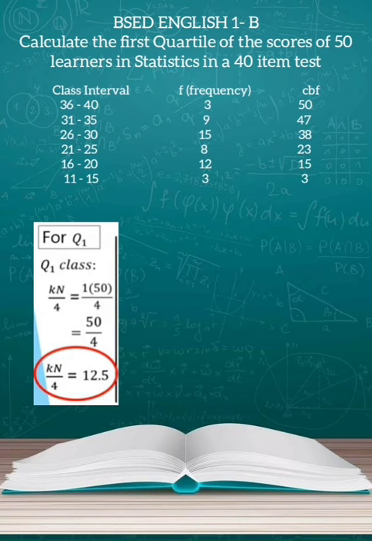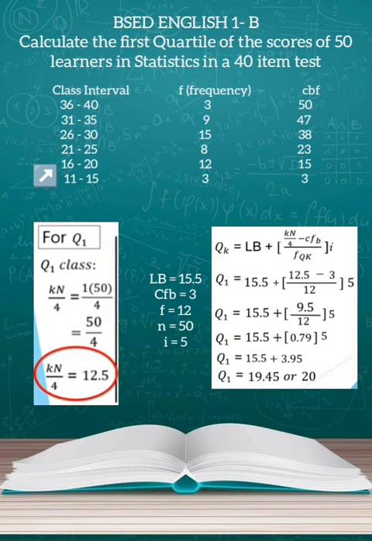So to find the LB, let's get the lower boundary of the kth quartile class. And also, for the CFB, the cumulative frequency before the kth quartile class. And for the frequency of the first quartile, we need to get the frequency of the kth quartile class. The lower boundary of the class is 15.5, and the cumulative frequency before the class is 3, and the frequency of the kth quartile is